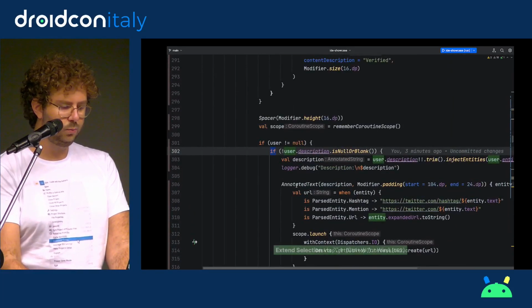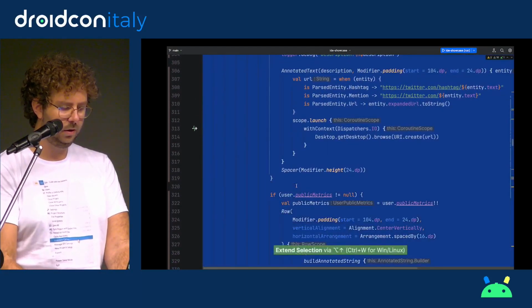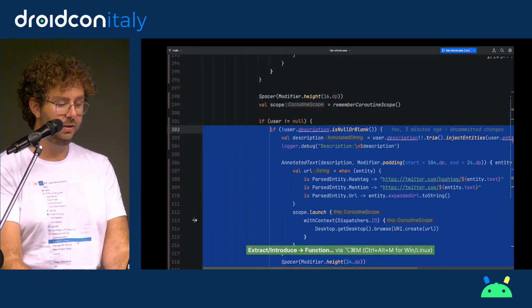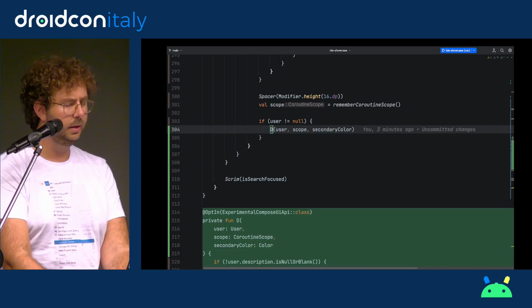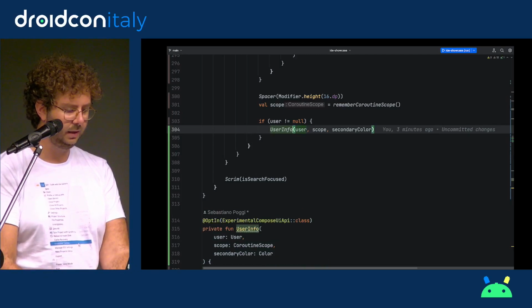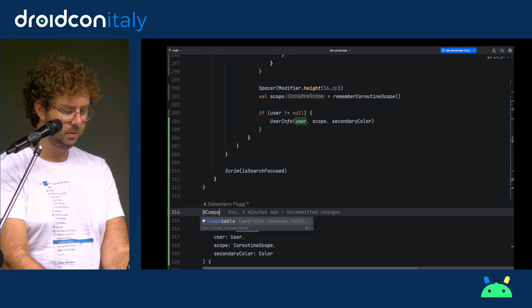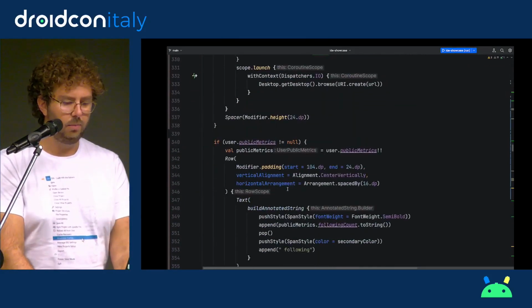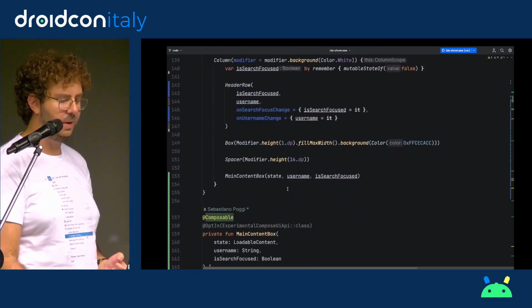So what we do is we take the whole content of the if braces, and we extract the function. And this is user info, something like that. Obviously, still need to add the composable, which wouldn't normally be a problem, but yeah, that's it. So you get an idea. In 10 minutes, we have already improved the shape of this code a bit.